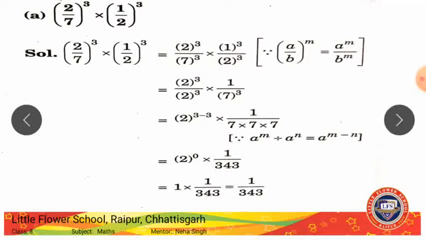See, when it is simplify, what you have to do, first you'll open the brackets, that is this cube will be multiplied to 2 and to 7, right? This is 2 cube, then 7 cube, then 1 cube, and then again 2 cube, right? Means this 2 cube will be separated in the numerator and denominator, and again here in the numerator and denominator, right? What is this property? This property is (a/b)^m equals a^m upon b^m, right?